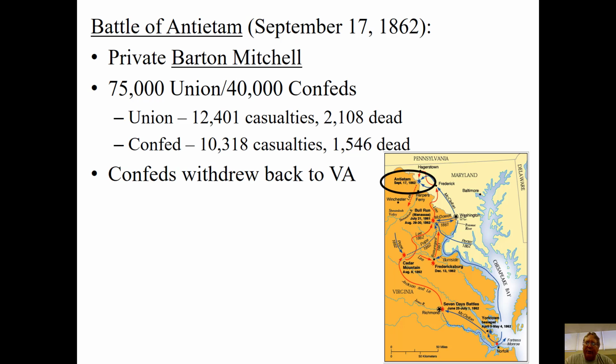But one thing else is also going to come out of this. Those numbers, they're clearly worse for the North than they are for the South, but they're not that different if you stop and think about it. The North can easily replace 12,000 soldiers who are killed, missing, or wounded. For the Confederacy, they'll be able to replace them for a while, but they can't keep doing this, right? But that's the only way they're going to win this war, is to keep fighting battles like this. So we see from the very beginning, as long as the North can keep going, even if it's losing battles, it's going to get what it wants in the end.